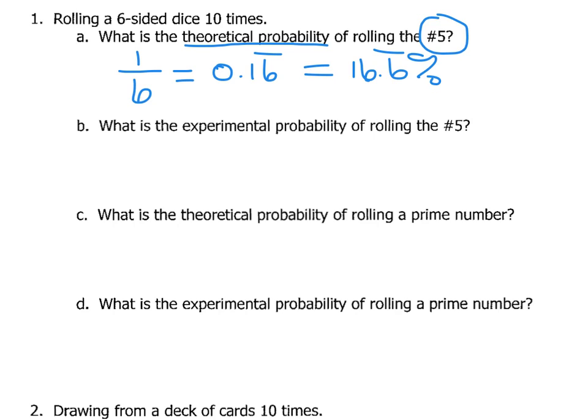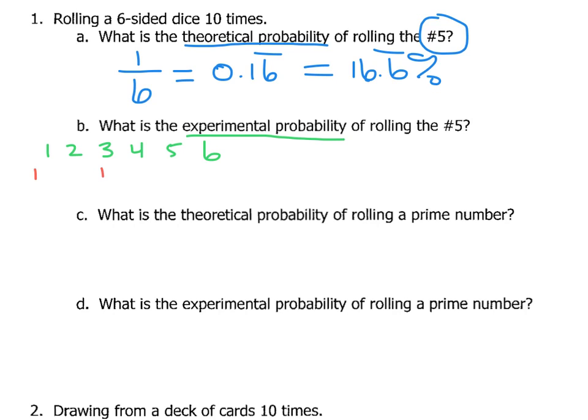For experimental probability, we're talking about what actually happens when we test it. So let's say I'm going to roll the dice 10 times. I'm going to make myself a little chart here: 1, 2, 3, 4, 5, 6. And I'm going to keep track of which numbers I roll. So you'll hear me rolling the dice. Unfortunately, on the video, you won't be able to see it. Okay, I just rolled, and I just got a 1,